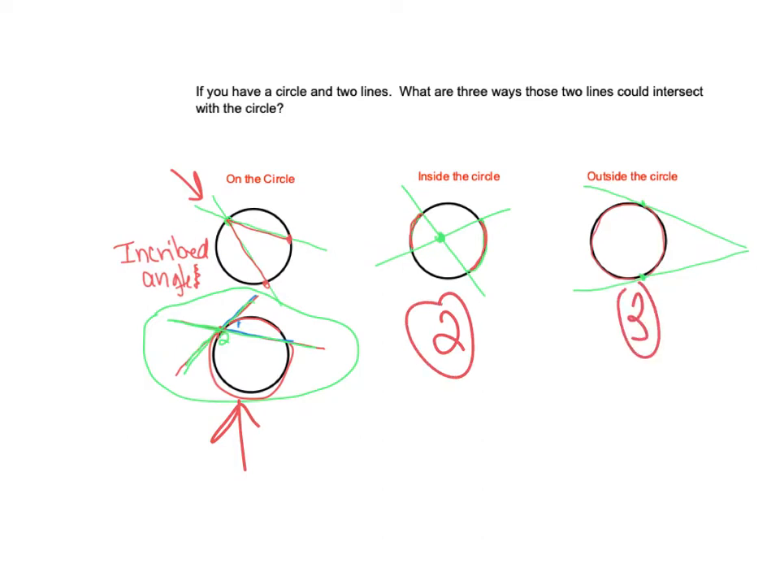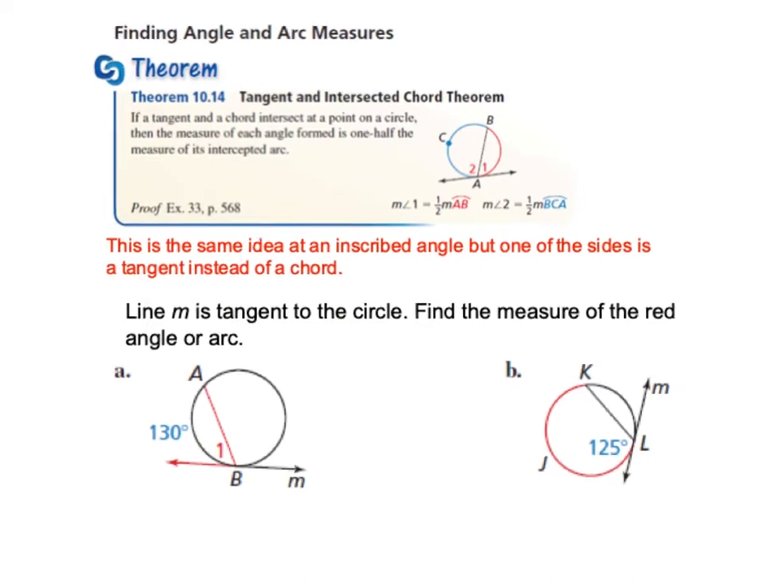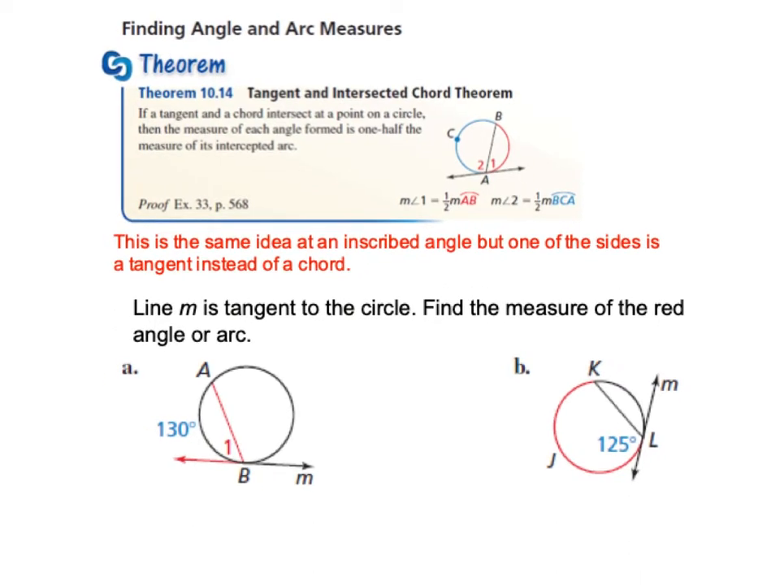Okay, so if you have a tangent and an intersected chord, I think I might have called it a secant on the other slide. But if you have a tangent and it intersects on the circle with either a secant or a chord, you're looking at just the part here, the inside of the circle, and then you have your tangent line. Okay, so if a tangent and a chord intersect at a point on the circle,